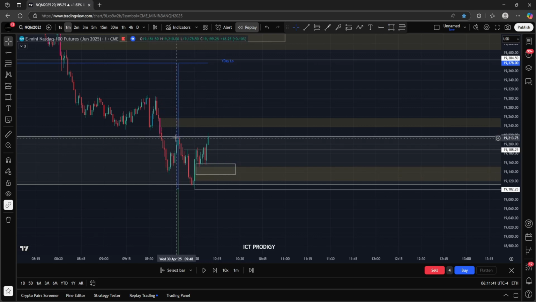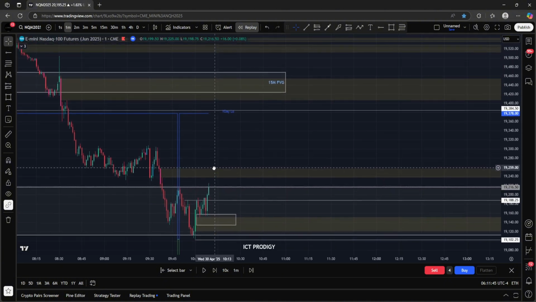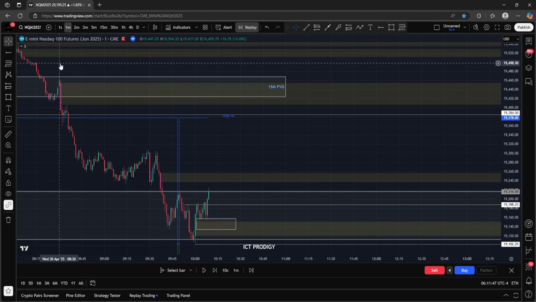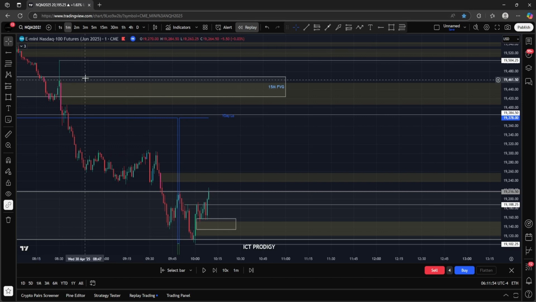It's now moved away and it's broken another swing high. So now I have full conviction that we are starting to trail higher and maybe even target the previous data high candle from yesterday, from 8:30. My apologies, from 8:30. So earlier on in the day, there's another data candle right here that we would like